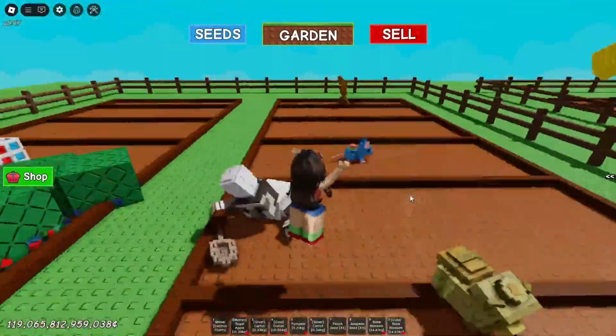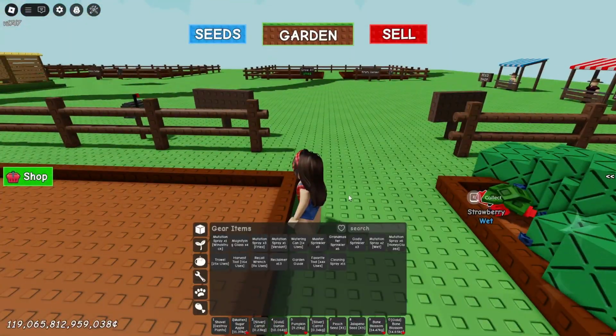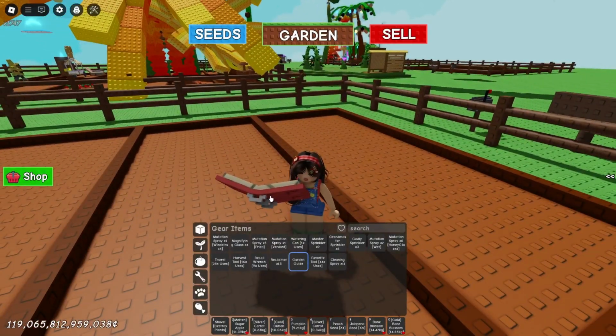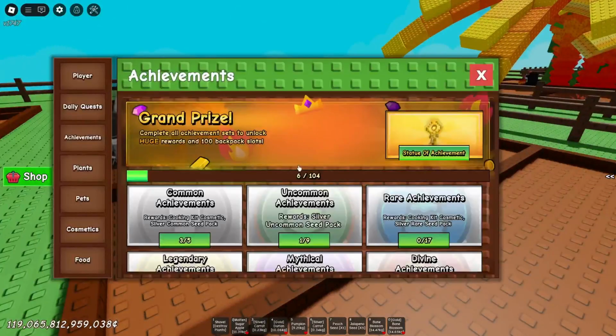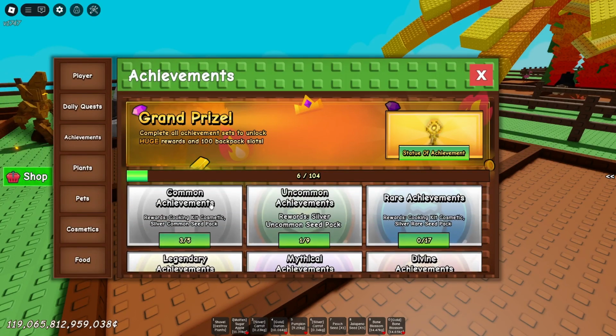In this video, I'll be showing you guys how you can get the cooking kit on Grow a Garden. So we have this new thing called the garden guide. You're just going to select it. It's in gear items. Press on it again. And then in common achievements, you'll see that you'll need to complete these